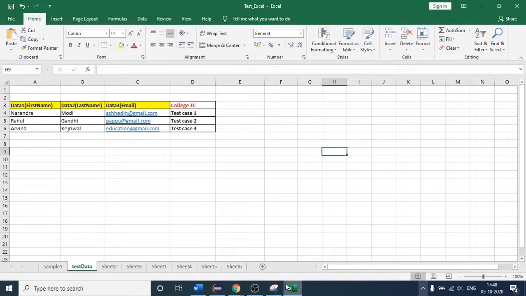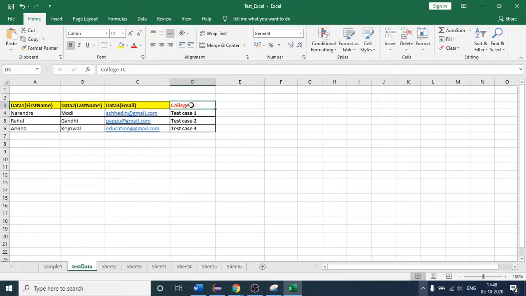So likewise, suppose this Polish TC is present here. At that time, what will you get? You will get your column number as 2, right? As of now, it is present. Okay, so you can try some modifications from your side. If your Polish TC column is present here, then you are going to get your column number as 1. Okay, so after that, what will we do?